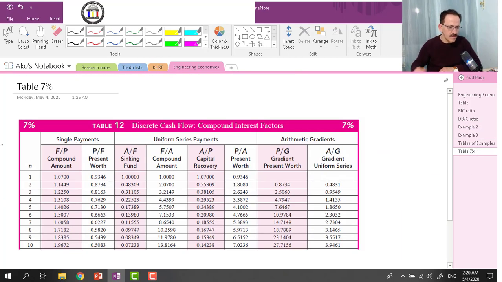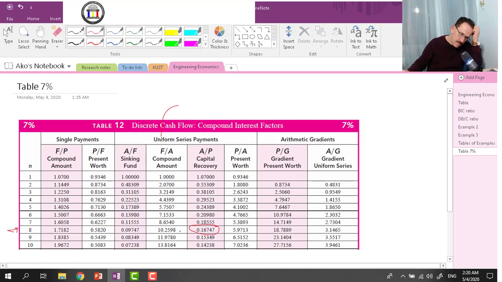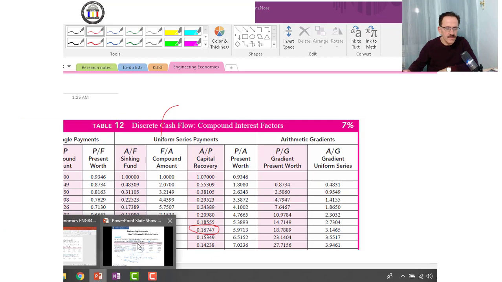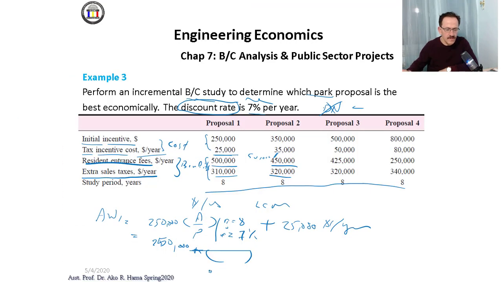This is A over P. You have to be aware, sorry, this is n equal to 8, yes. And we have P, make it as an A. So here's the 0.1674, 0.1674, point 0.1674 plus